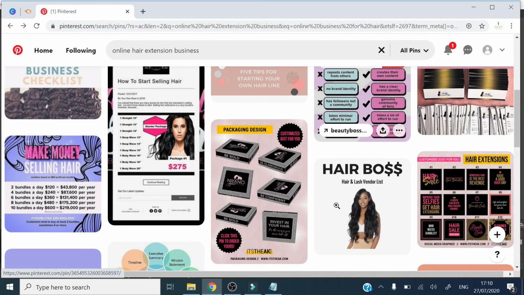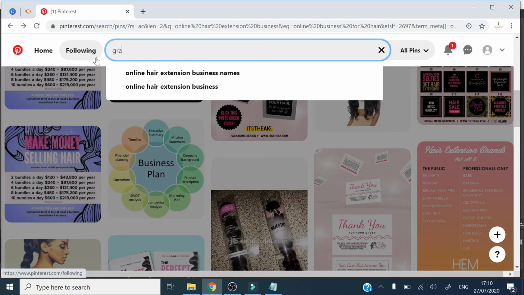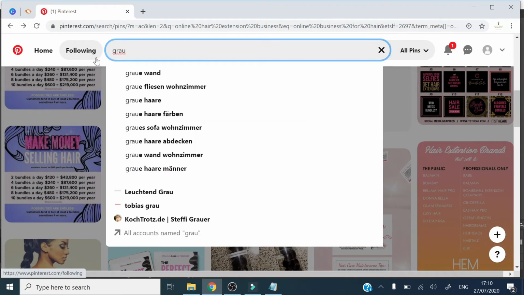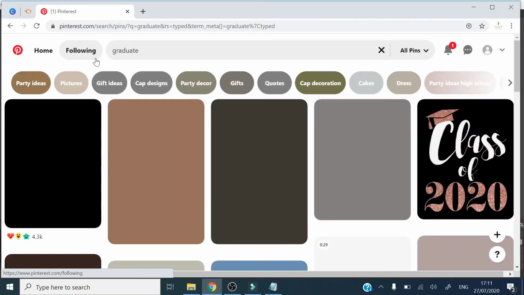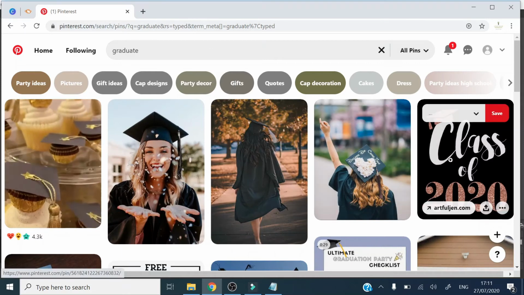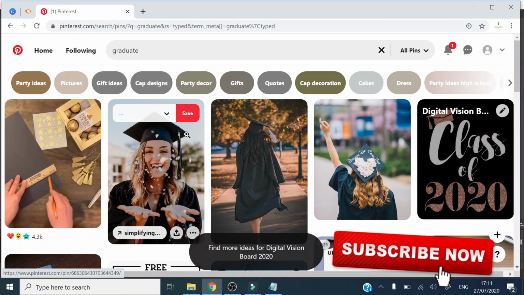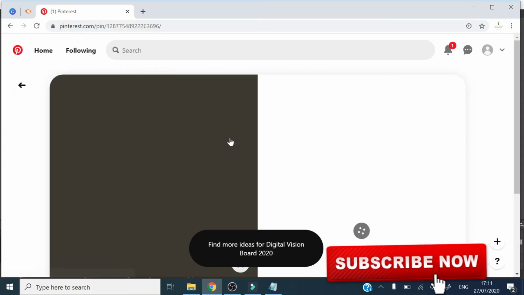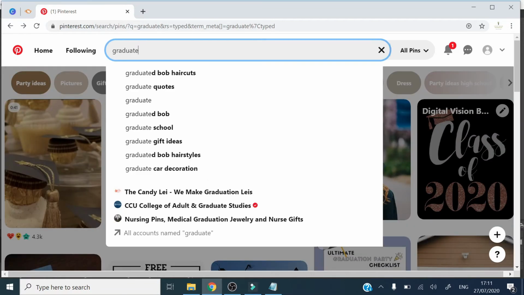If you're looking to graduate at the end of this year, you can get an image that will remind you of that particular goal. You can pin this one, class of 2020, so that when you look at this image, you remember that you've got to graduate. If you're looking to buy a car at the end of this year,